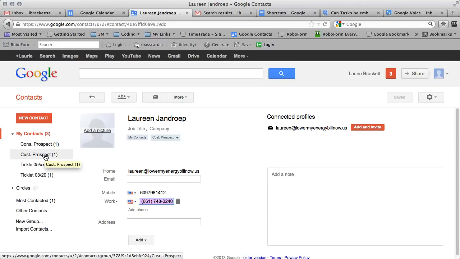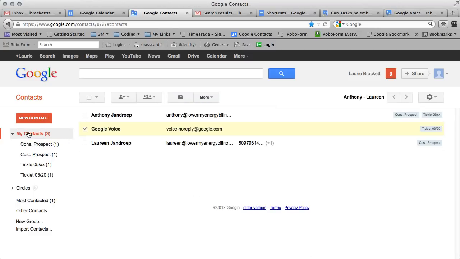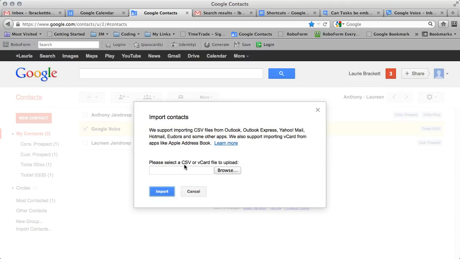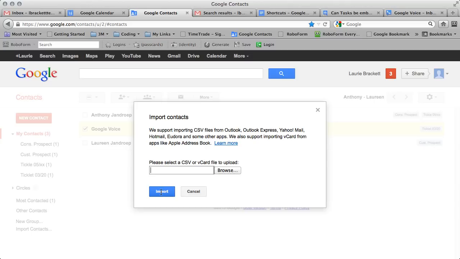Okay? Now, if you have contacts already in another Google account or an Outlook or something else, export those people to a spreadsheet, get rid of the ones you don't want. You can come here in your contact screen and, let me go back to all contacts, more, import. And it needs to be in that CSV format, comma separated values, I think that means. And it can come from Outlook, Outlook Express, any spreadsheet. And then you browse for the file on your hard drive, you pull it in, and then it'll import everybody